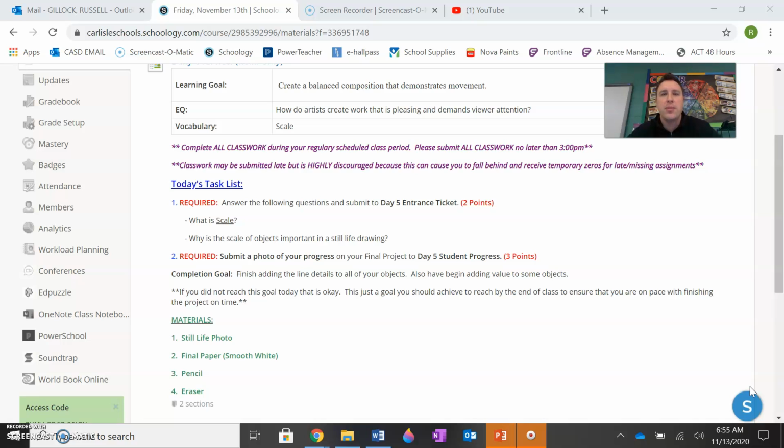In this unit, we've talked about the importance of filling space. The importance of having a variety of objects is key, having a bunch of different things going on. The color that's applied, or the value, the light and shadow, all those things can help make an artwork pleasing and demand our attention. So your task list for today is just to do your entrance ticket and to continue